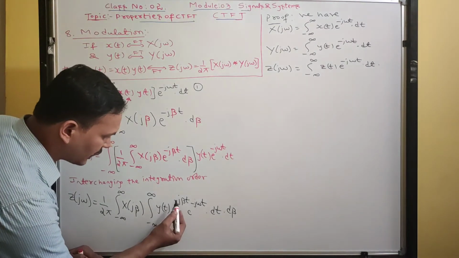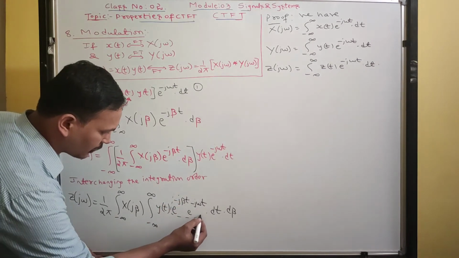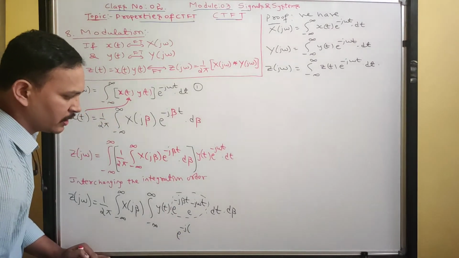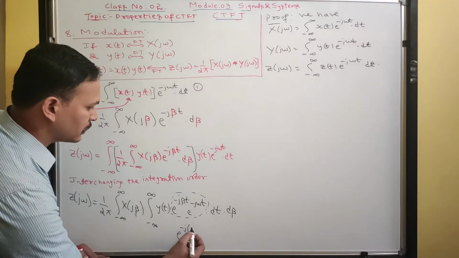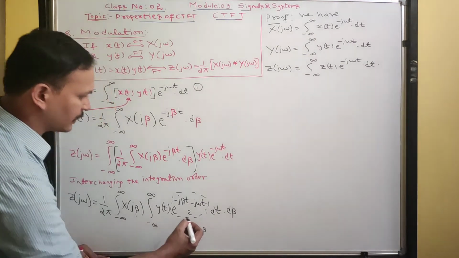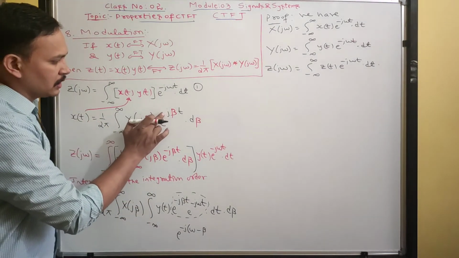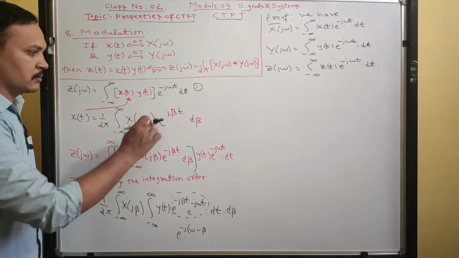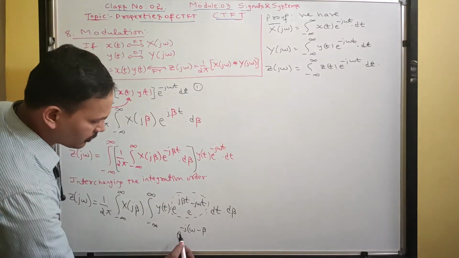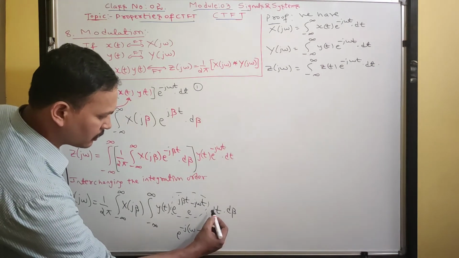Now concentrate guys, I am modifying here. I won't write another step. Here only this term is there now. I am rewriting it in this way. E power minus j, I am taking common. If I take minus j common factor, then you will get omega minus beta. See guys, make a small change. The x of t equation is e power plus j beta t, not minus. So make small changes here. Take minus j common, minus j omega minus beta into t.